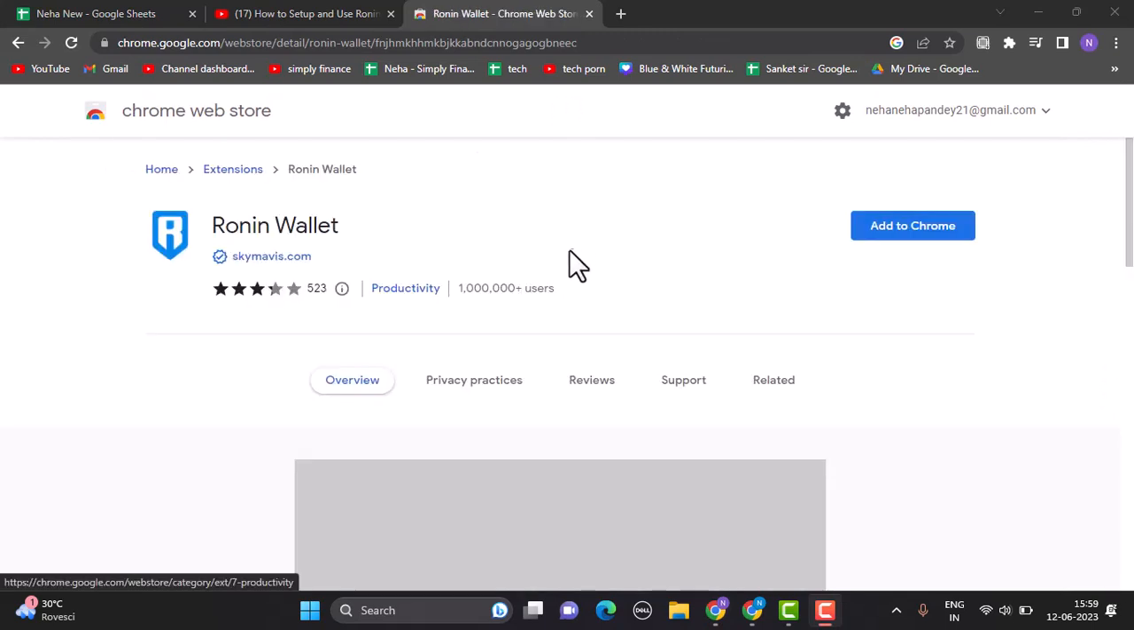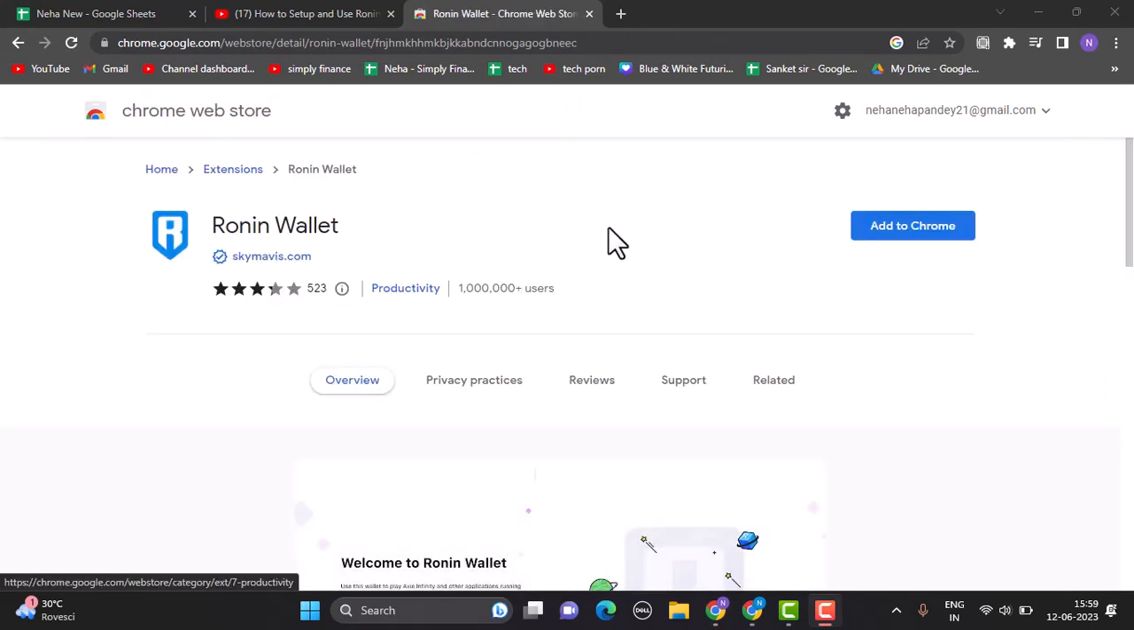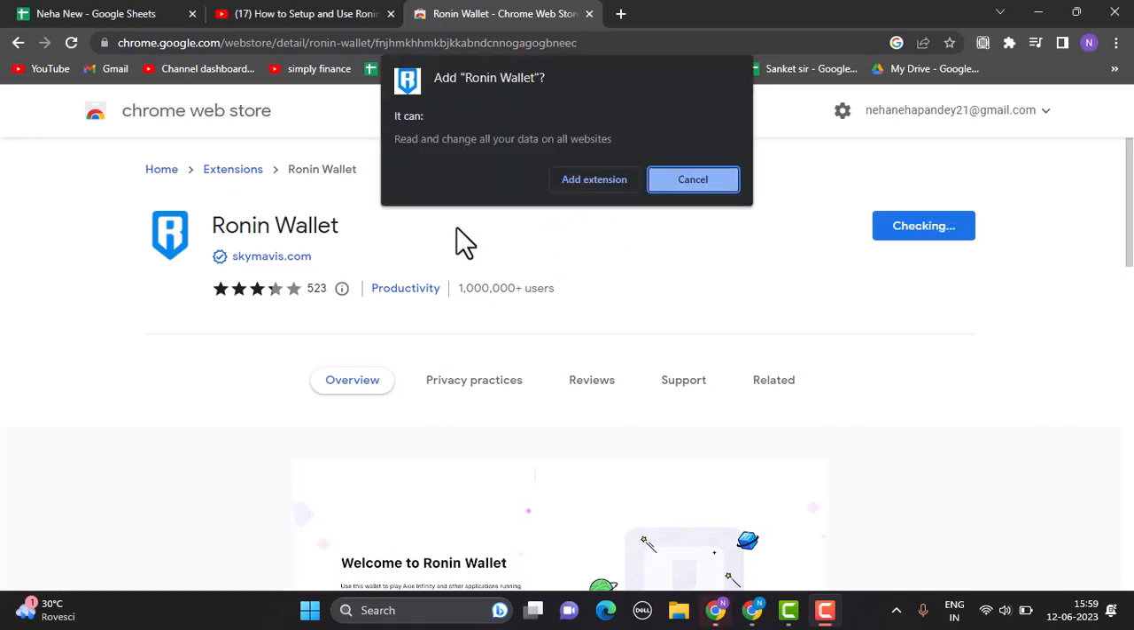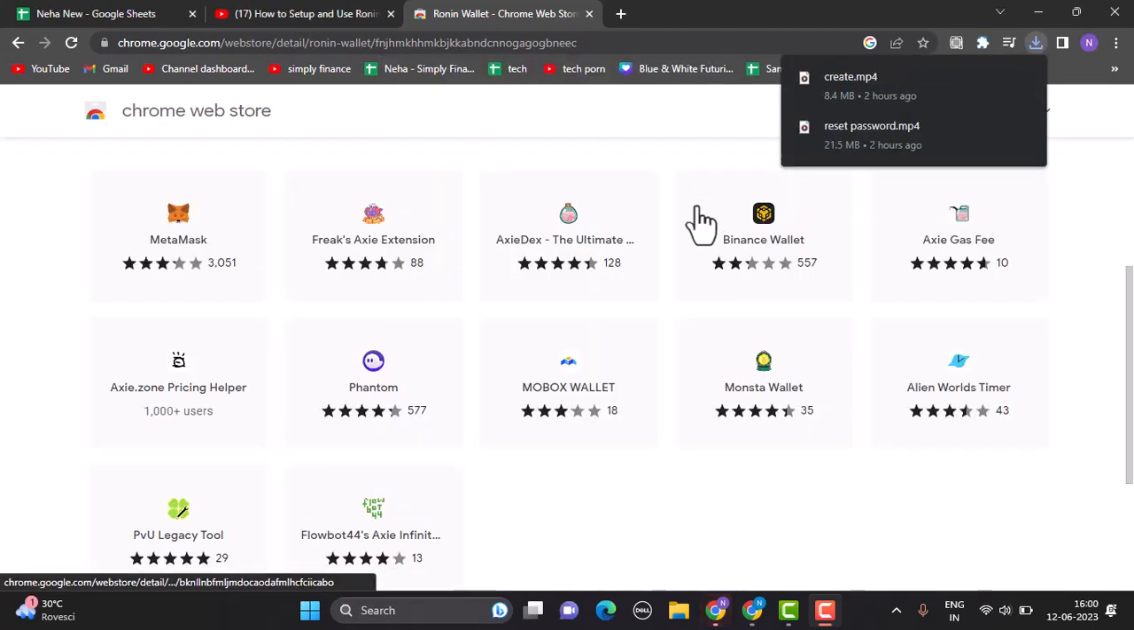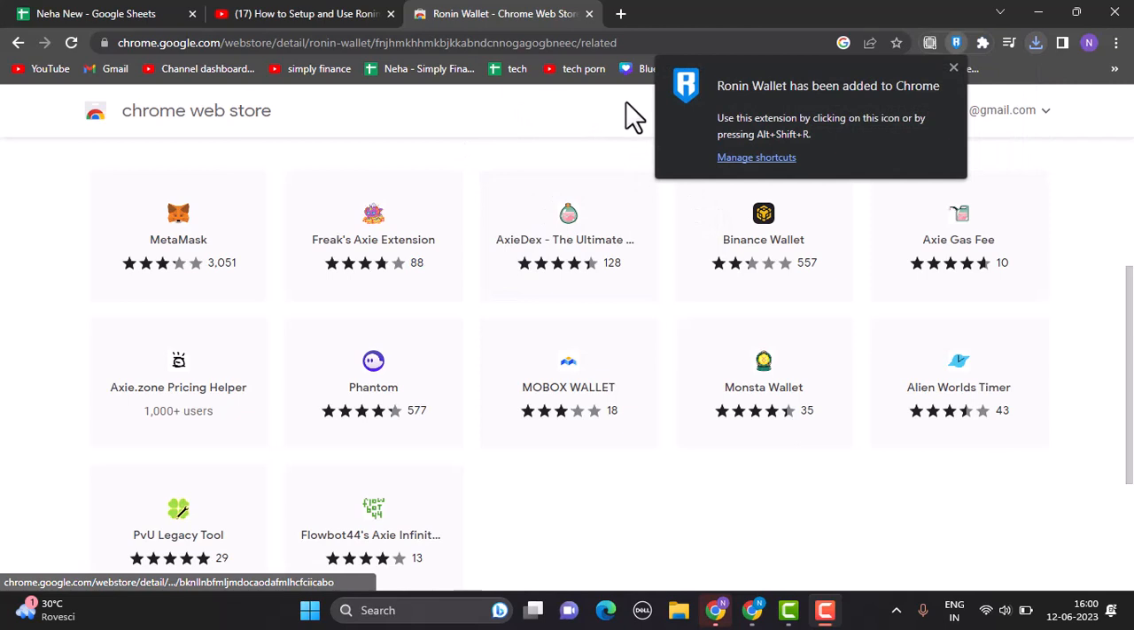On this page, you need to add Ronin wallet to your Chrome. So click on Add to Chrome, which is right over here. Once again, you'll be able to see a confirmation. So if you're sure about adding the extension, click on Add extension. Once the application is added to your extensions, click on this puzzle icon located in the upper right-hand side